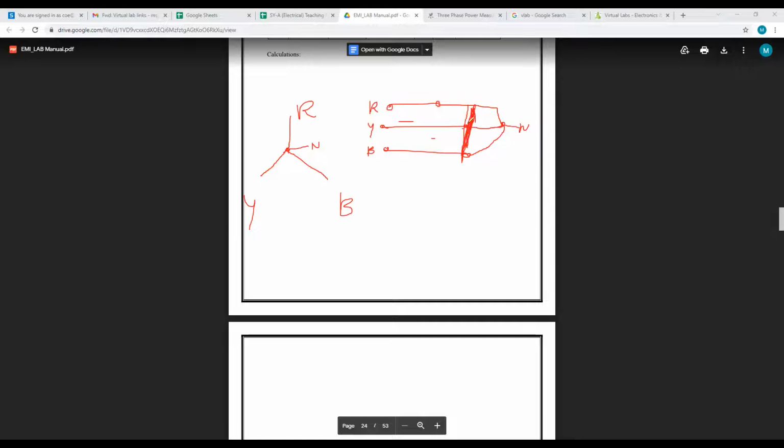All are joined together at one point, and that point, wherever you take it, is the neutral. This is called a star connection. It can be a 3 phase 3 wire or 4 wire system, that is called a star connection. Is it clear? Star connection. Okay,